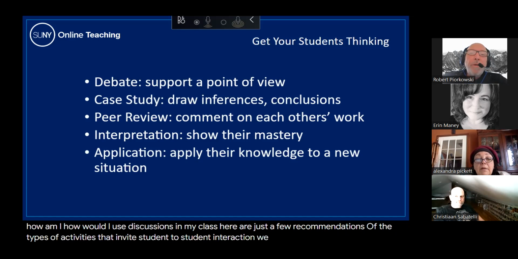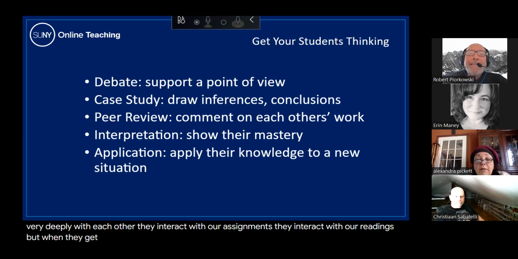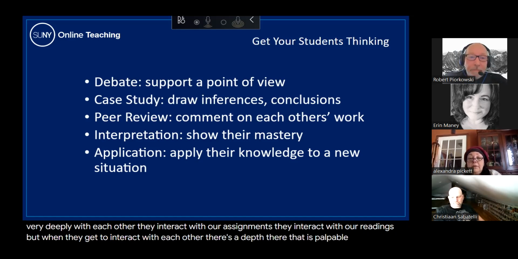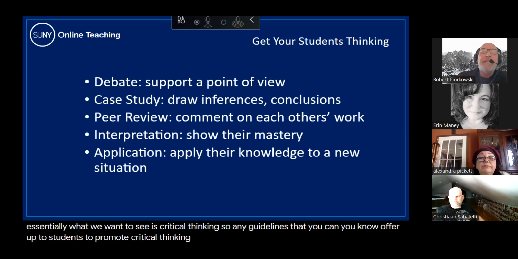We do know that students interact very deeply with each other. They interact with our assignments, they interact with our readings, but when they get to interact with each other, there's a depth there that is palpable. And essentially what we want to see is critical thinking. So any guidelines that you can offer up to students to promote critical thinking in discussions